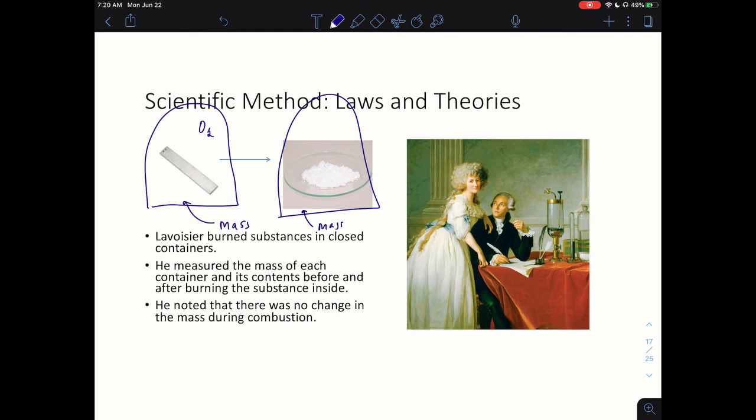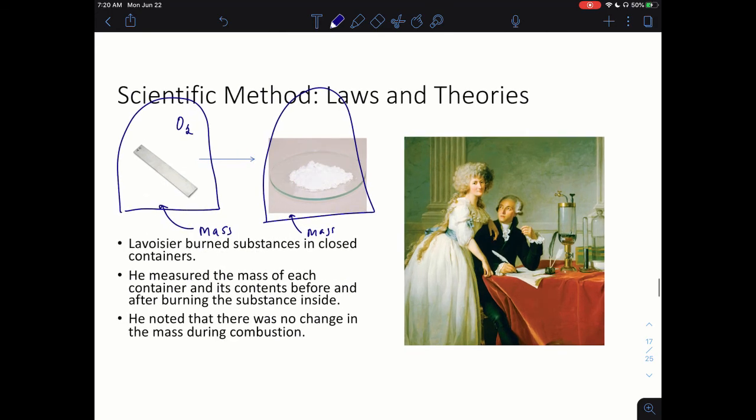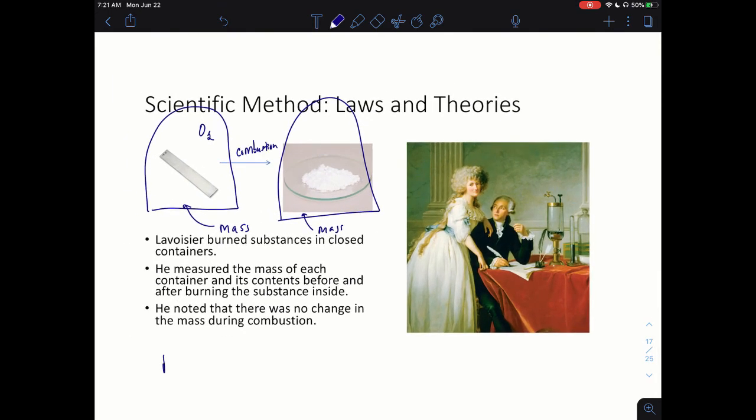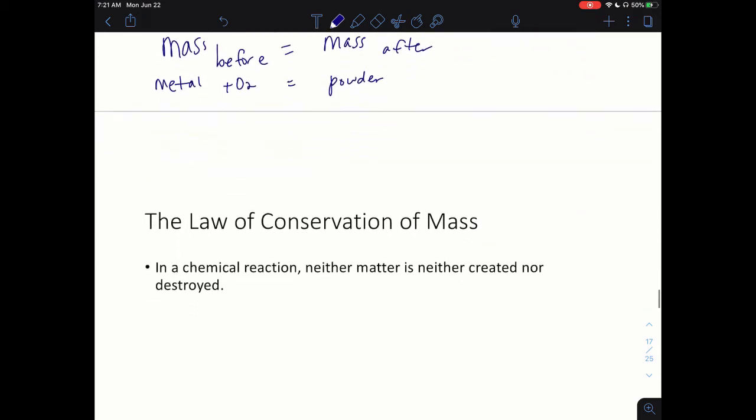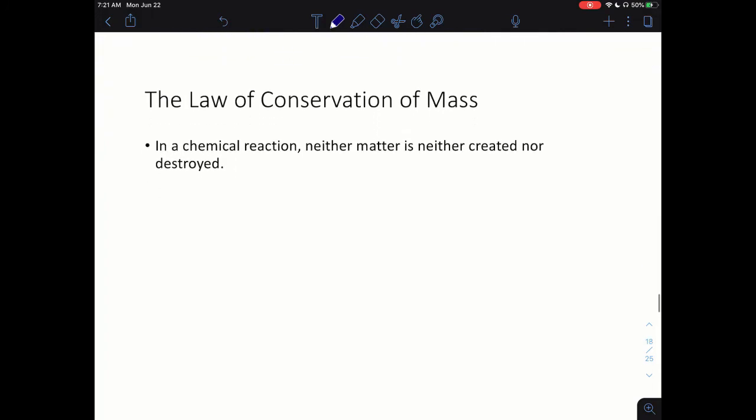And what he noticed is that there was no change in the mass during the reaction, which is called combustion. So the total mass before the reaction equals the total mass after the reaction. He observed this over and over and over again. And this observation is observed for all chemical reactions. And so he developed what's called the law of conservation of mass, or the law of conservation of matter, because matter